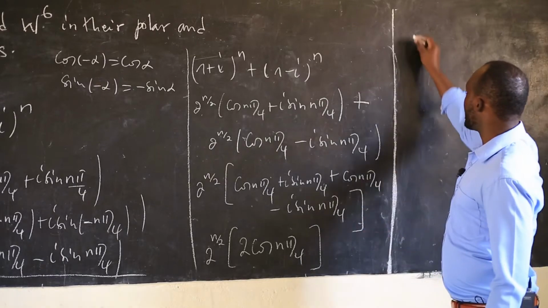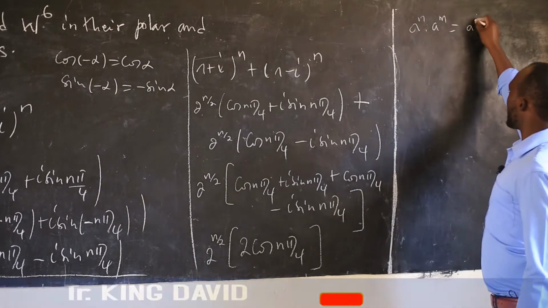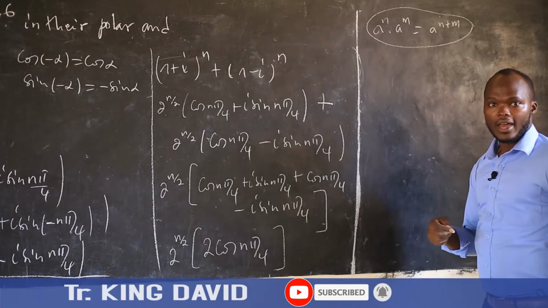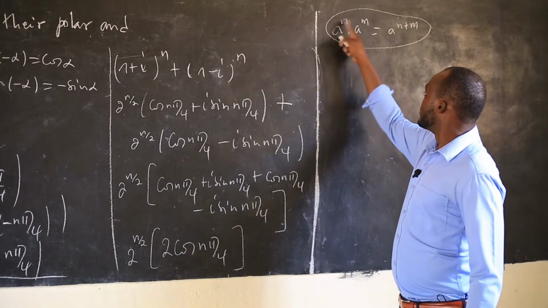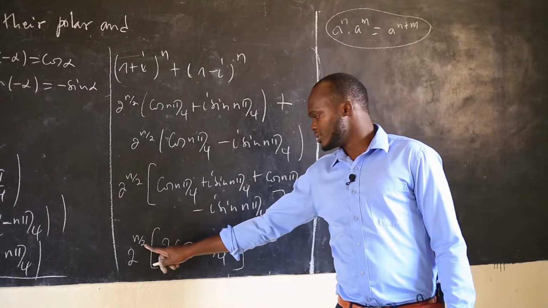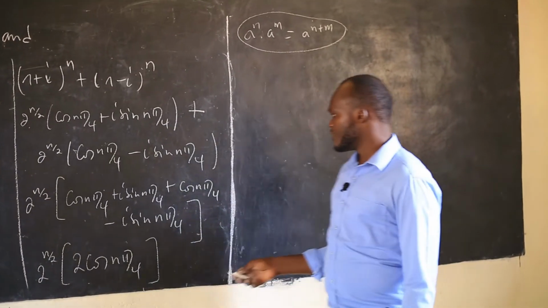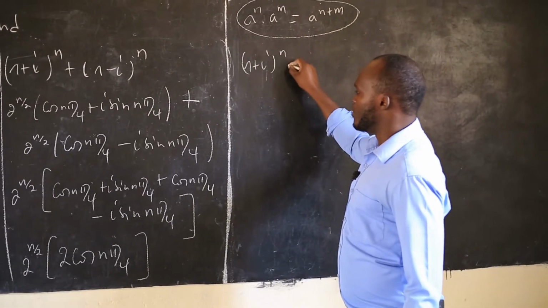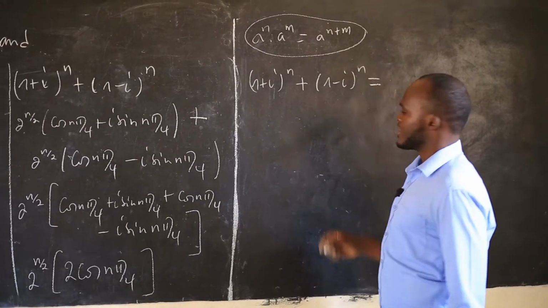So now, remember when you have a power n times a power m, it is a power n plus m. We just add powers. I think you remember. When they have the same base, we just add powers. So here we have 2 power n over 2 and 2 power 1. We're going to add powers. So finally, 1 plus i power n plus 1 minus i power n is the same as